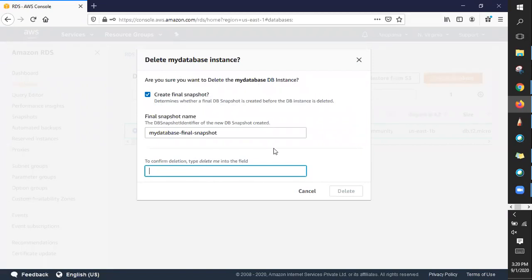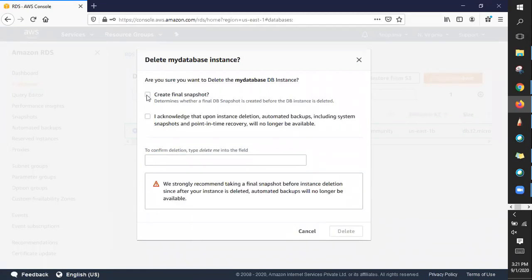It is telling you to create a final snapshot. This is a manual snapshot. So what you need to do is, first of all, disable this and acknowledge that upon deletion you don't need any backups. Then you need to confirm it, type delete me or whatever it asks.